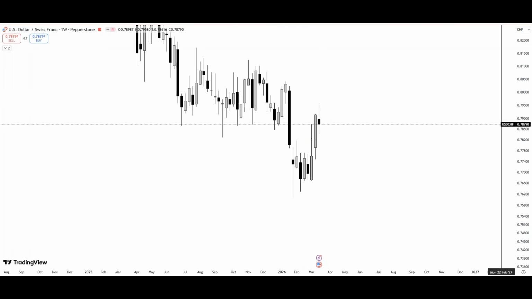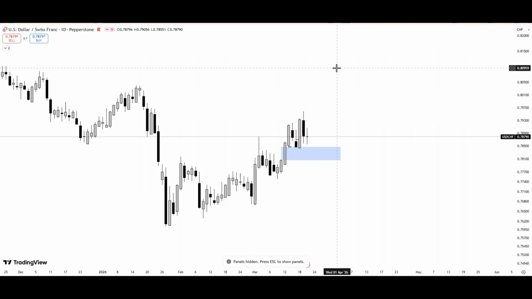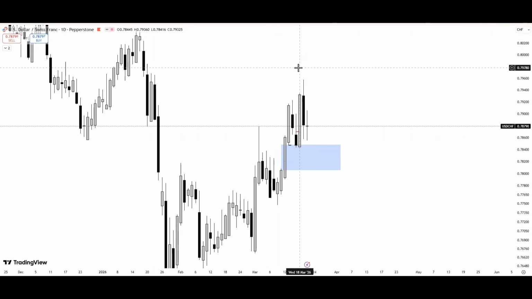So we're just likely to have a slight retracement for dollar index before we continue with the bullish momentum. If you look at the daily time frame, you can clearly see this is what we have. We have this daily fair value gap here. As you're having that retracement for dollar, USDCHF, either price can use this or we can have still a